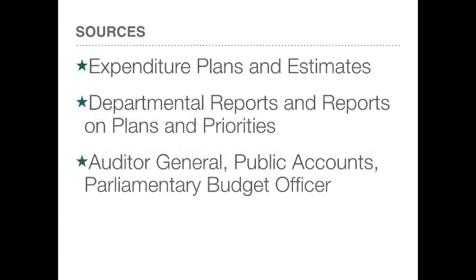The actual spending itself is tracked in a series of documents known as expenditure plans and estimates, and they're supported by the departmental plan reports and the departmental reports on plans and priorities. Now, the expenditure plans and estimates are submitted to Parliament for approval. All of the requests that are made are then divided up by agency and by purpose. The individual requests are numbered for voting and tracking, and then they're sent to specific committees for consideration.